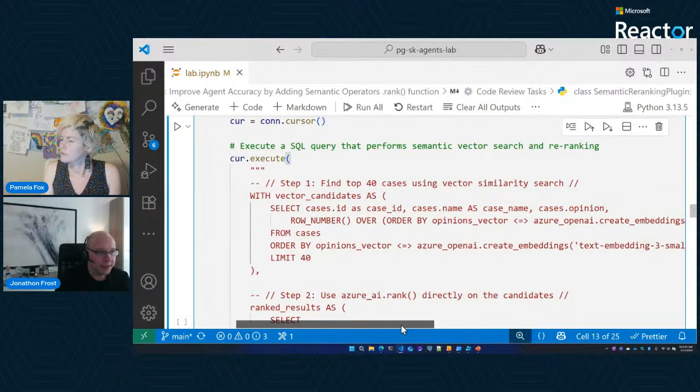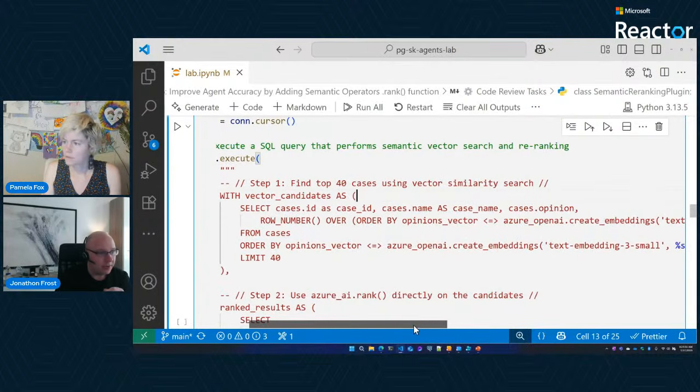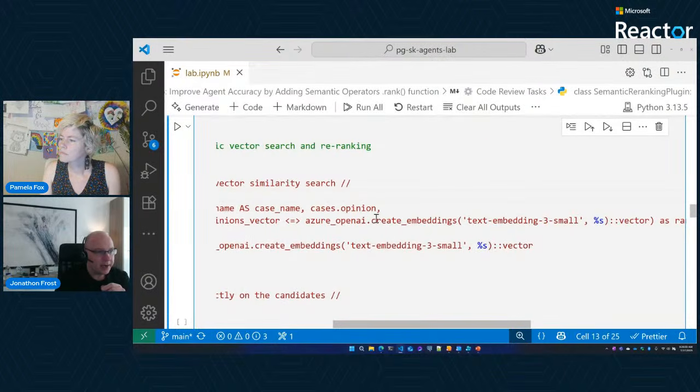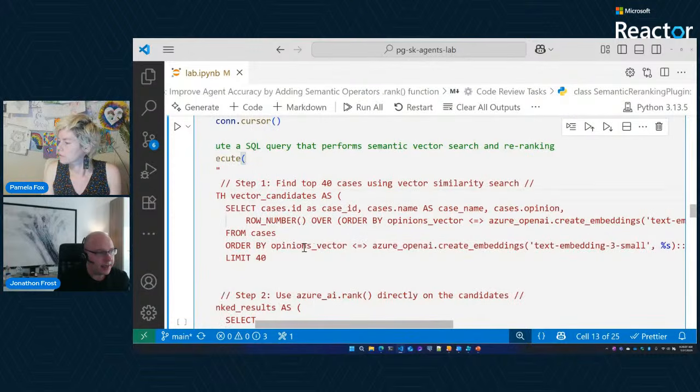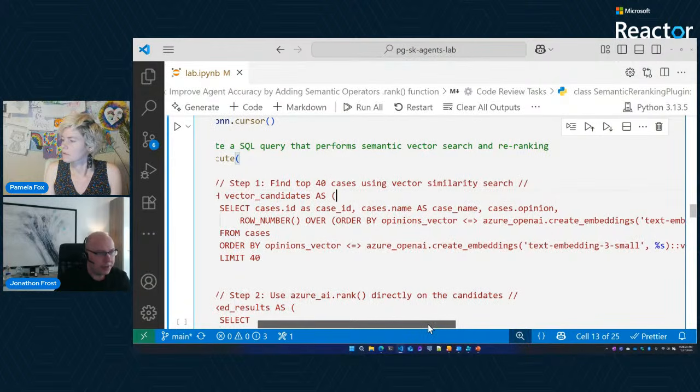Just like Pamela was showing earlier, we're generating the embedding on the fly of the prompt coming in, and then comparing that against the opinions vector column in our table, and we're finding the top 40. We're also adding a row number on them to have an ordering of those results.